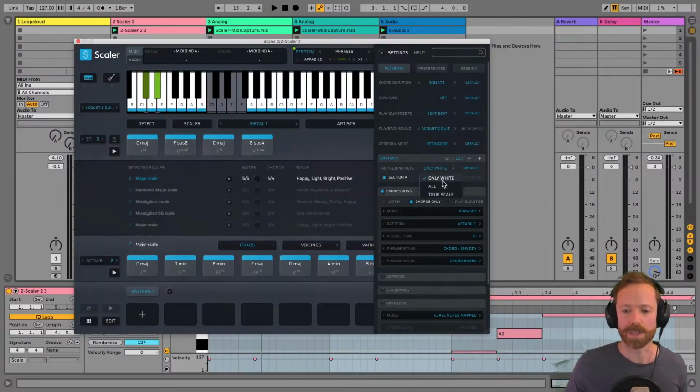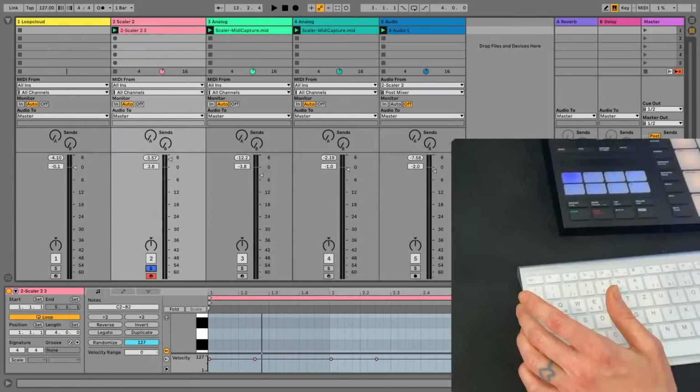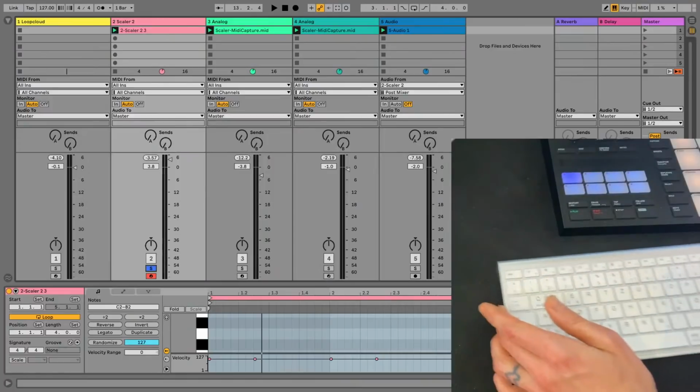You've also got the all option, which allows you to play the chords with a drum controller, which I might try and show you in a moment. And then true scale is the one there, which allows you to only lock to the actual notes in the scale, so it's for the theory heads, that one. But the other brilliant thing is here you can shift it around. So let me just bring in my phone cam. Hopefully you can see the keyboard here.